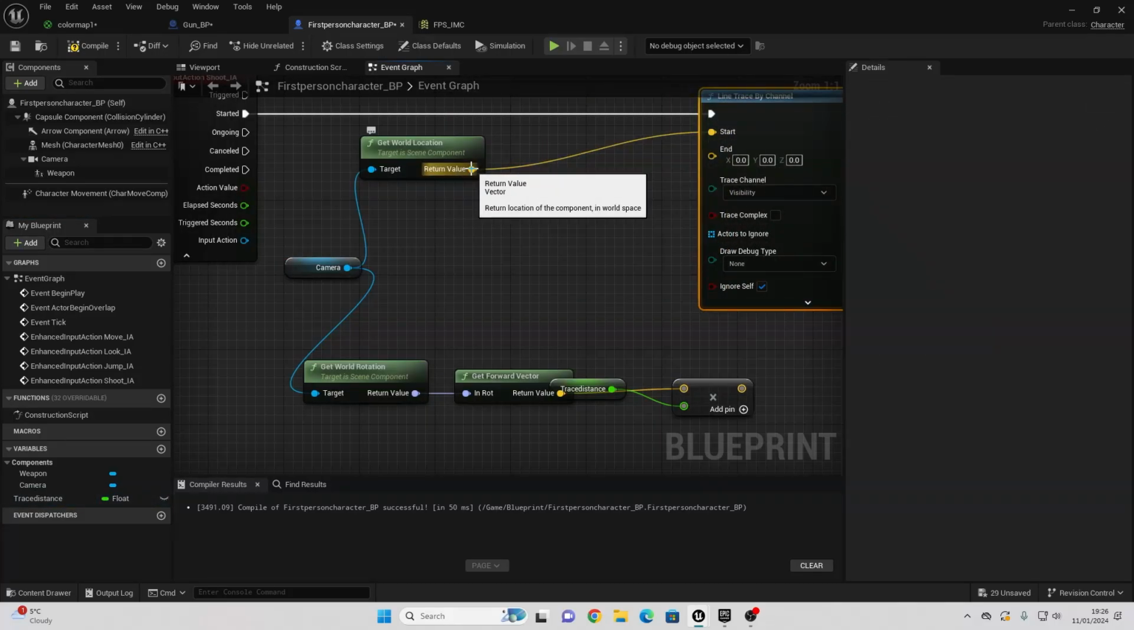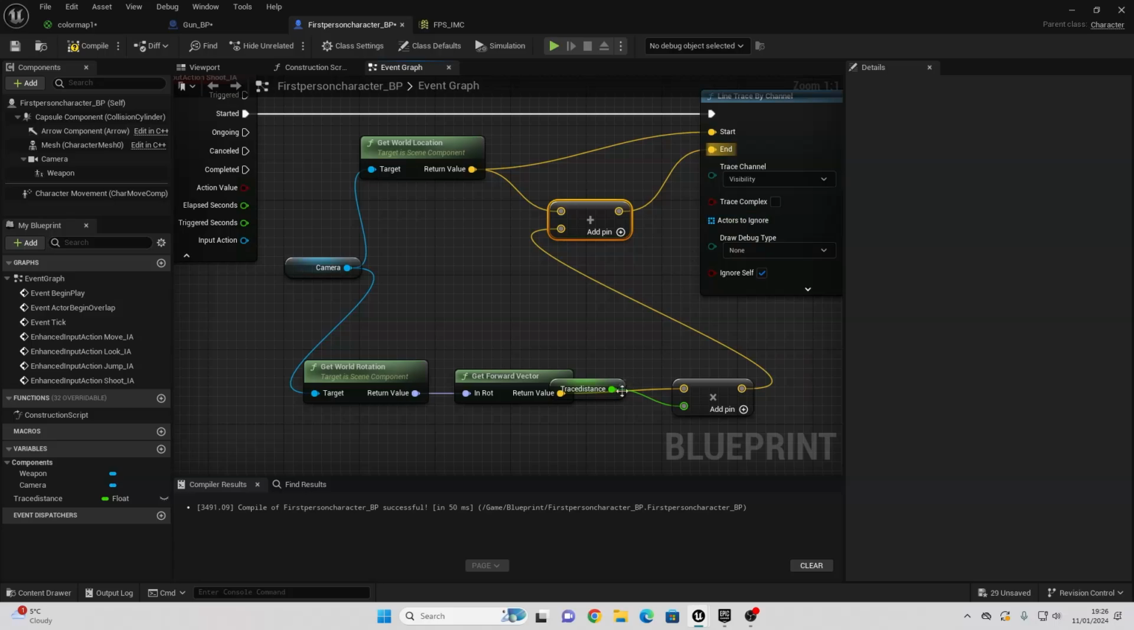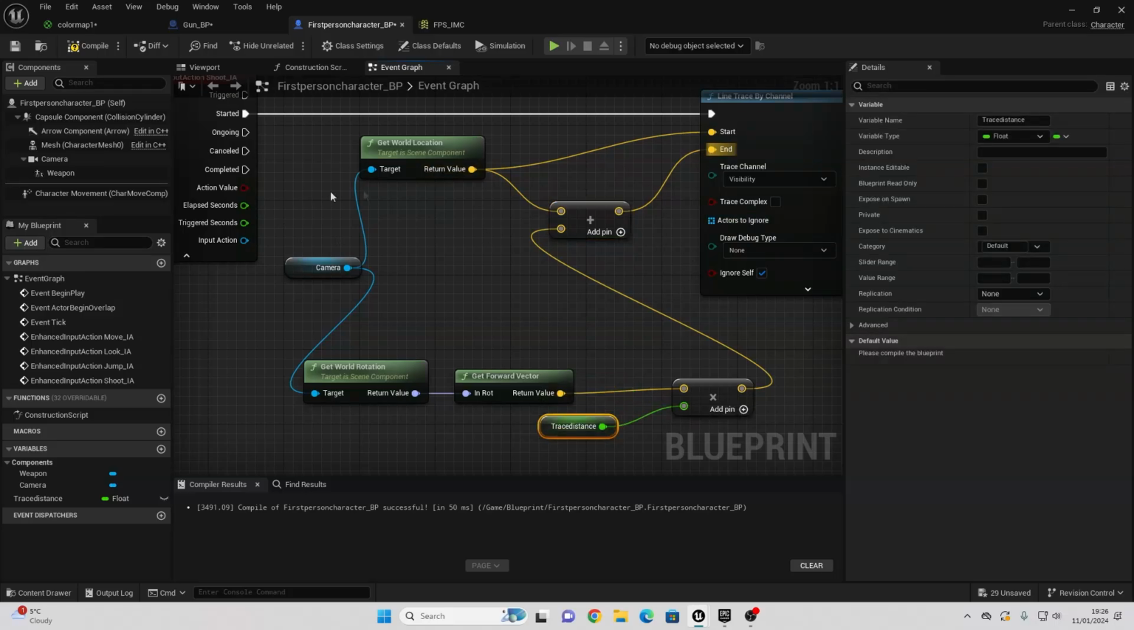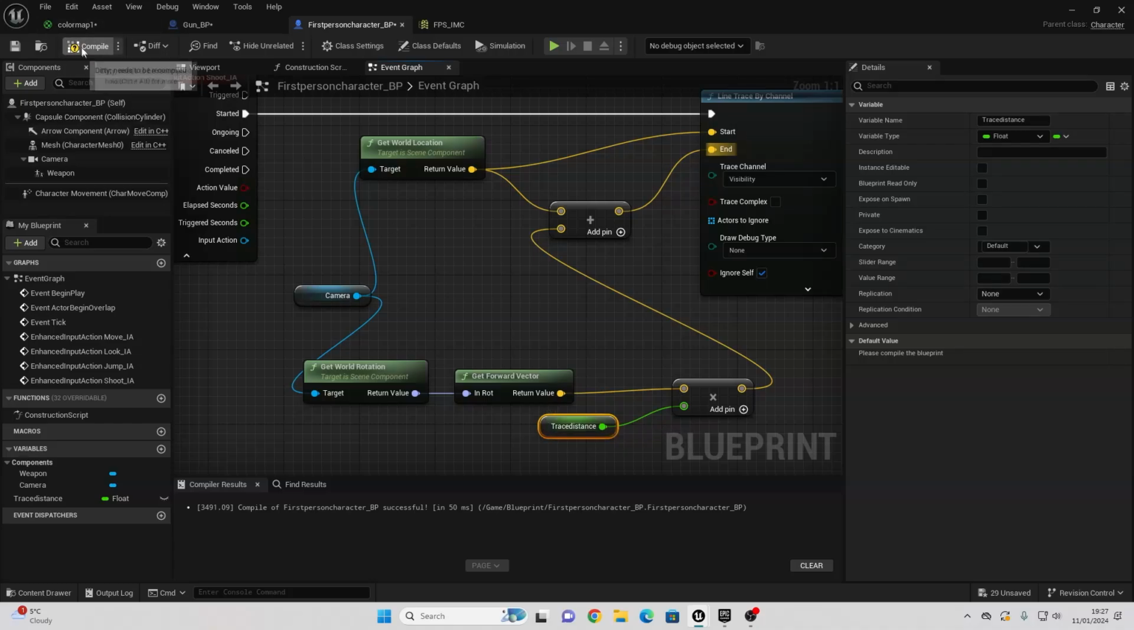And then we just want to drag off get world location and look for add and connect this into here and this into end. So now we're going to have a line trace which is going to start where our camera is and it's going to end. Let's just compile this and let's put a value of 500 and it's going to end 500 units in front